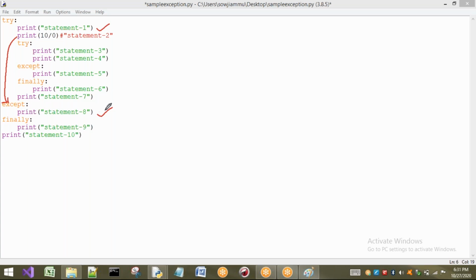So statement 8 is going to be printed, then here we have statement 9, and finally we get statement 10, because the exception is handled here and there is no problem. So the output of this case is 1, 8, 9 and 10. I will just write the output here: 1, 8, 9 and 10. Let us see the output for this program.